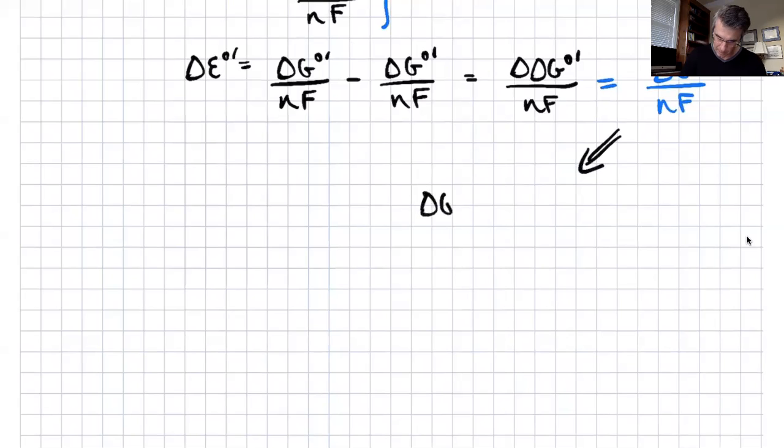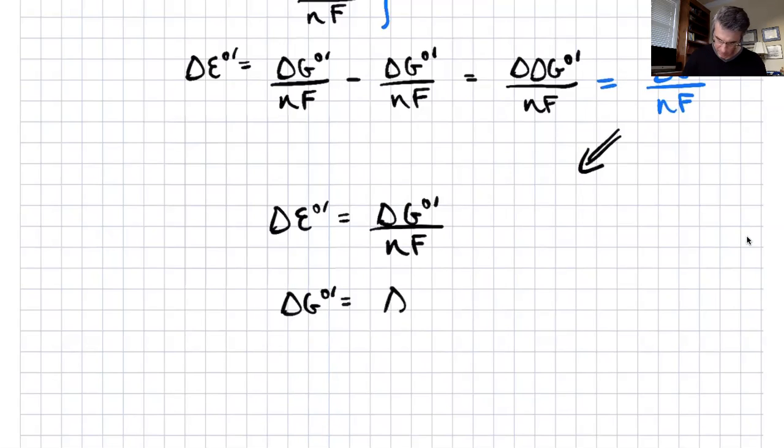So that delta G naught prime is simply equal to standard state reduction potential. Let me write this out a slightly different way. If we go back to this again, delta G naught prime is simply equal to... again, we can write it this way instead of as a delta delta G because of that reference that I just mentioned. Delta G naught prime divided by NF, so that the delta G naught prime is simply equal to the difference in the standard state reduction potential times